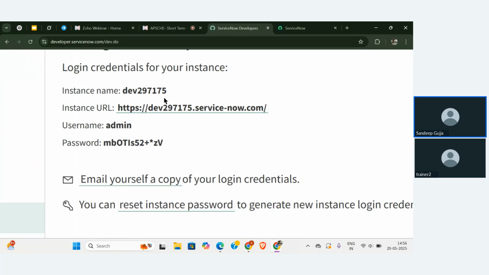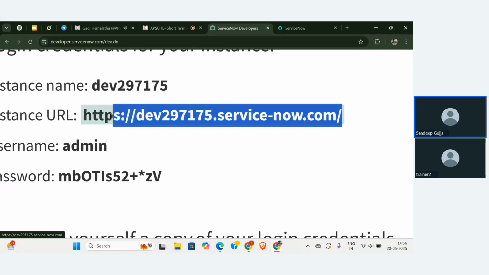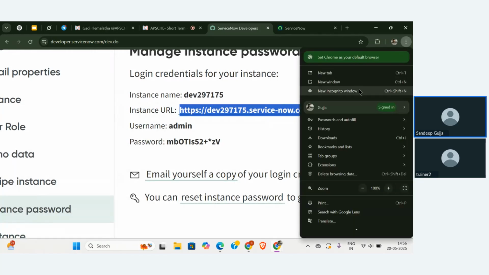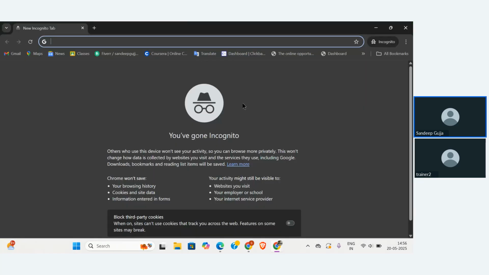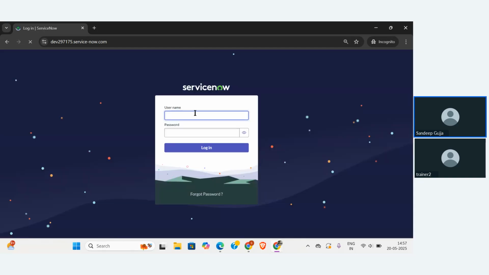So you can see the new number that I have is also been given in the URL as well. Okay. So let me copy this URL. If I go with this URL, let me open that in the incognito window, private window. So what is the first thing that you're going to see? So we are going to see the login page of the account.